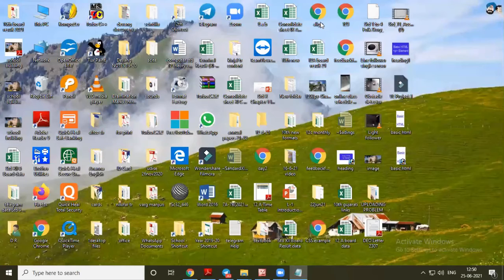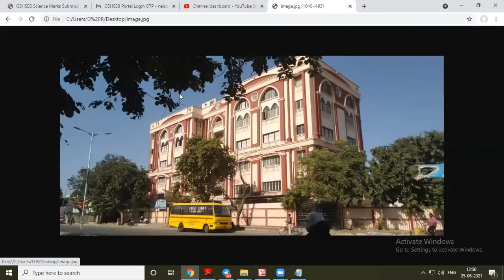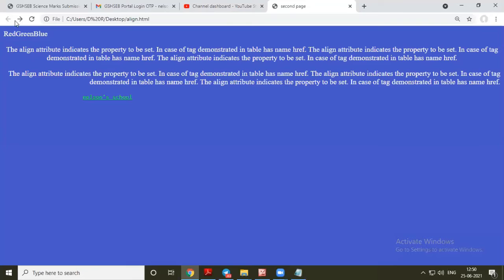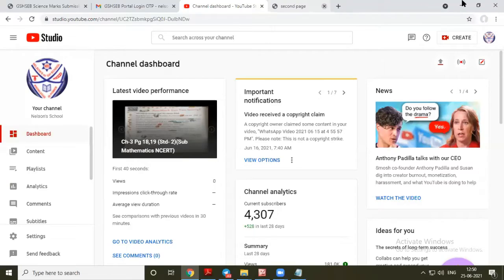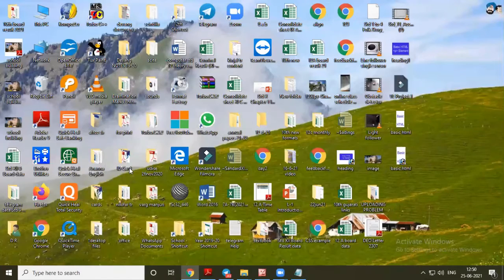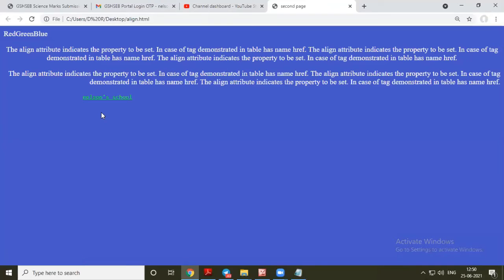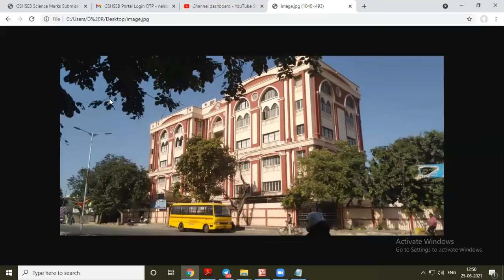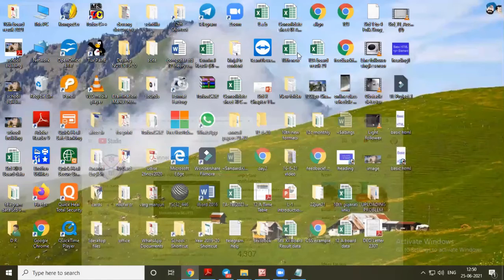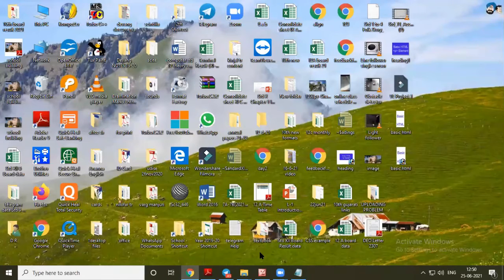Now let's see this output again. Now you can see this. Now see it again. This is active link. We have made green color for active link. Now we are clicking on it. Sorry, I thought that screen sharing was off. So I am sharing my screen again so that you will come to know.